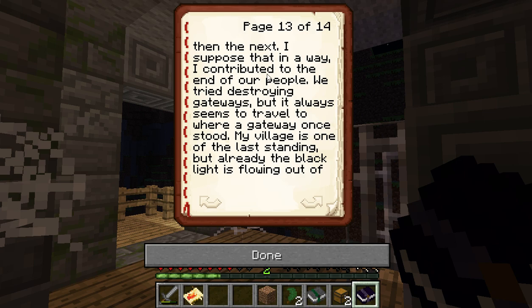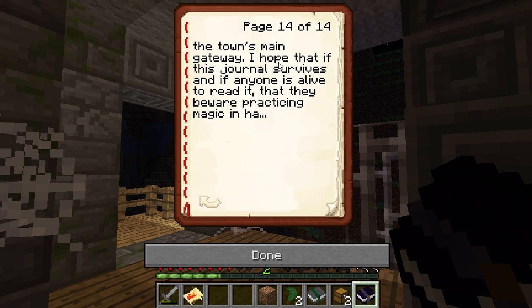I suppose that in a way I'm contributing to the end of our people. We try destroying the gateway, but it also seems to travel to where a gateway once stood. My village is one of the last standing, but already the black light is flowing out of the town's main gateway. I hope that if this journal survives and if anyone's alive to read it, that they beware of practicing magic and...